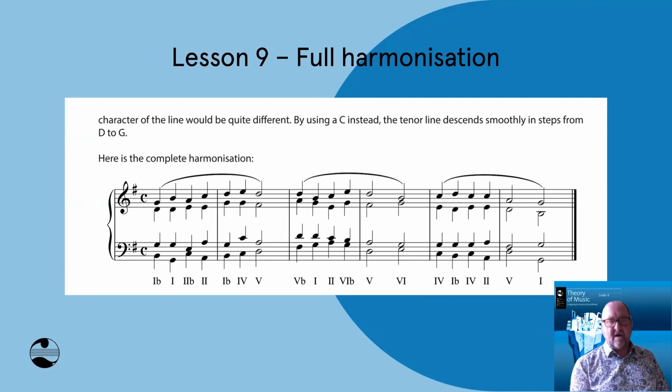So chord 2, I told you about 15 minutes ago that you should not double the third. Well, what have I done here? I've doubled the third. And I talk about why I did that, how it's a voice leading consideration to do with the tenor part. Can you see the tenor part? The tenor part sort of goes D, D, C, B, A, G. It's a scale passage coming down, and I made that change because it keeps the tenor line smooth. So I've used the voice leading to justify doubling the third in that chord. And if you want to read more about it, it's in the book.